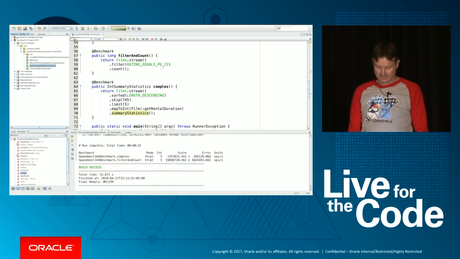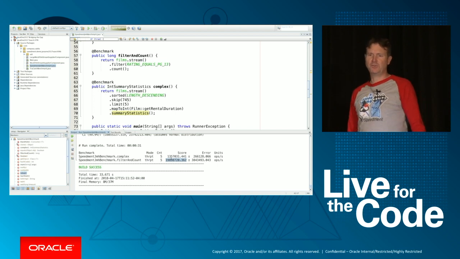So there we are. Almost 20 million streams per second. And that's astounding, because the average latency here would be less than 200 nanoseconds for an entire stream. Now remember, just accessing main memory was 100 nanoseconds. So I think it's quite cool.